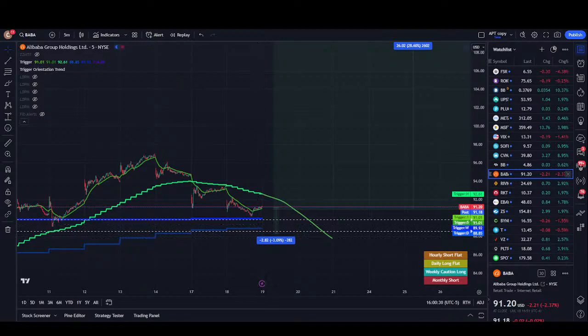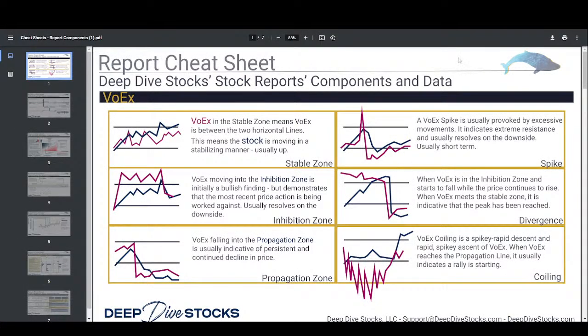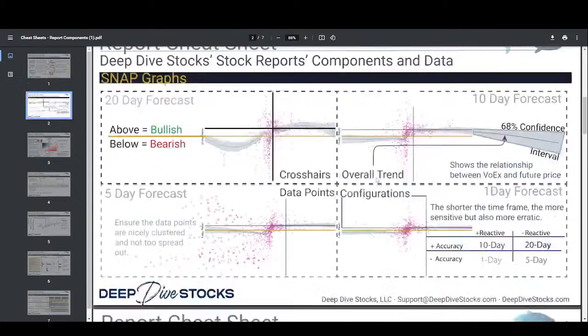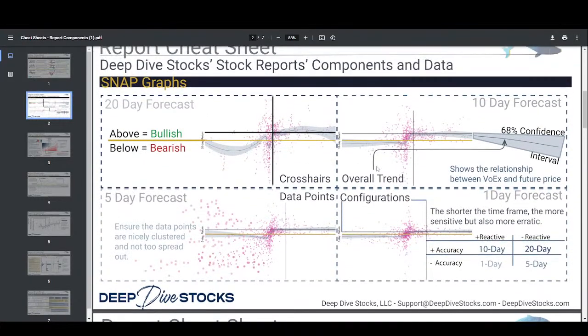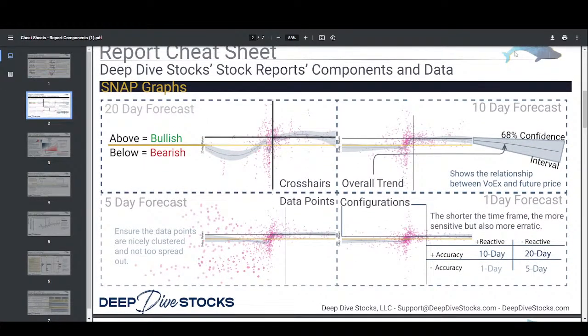aspect. Again, it would help to review the cheat sheet if you want to screenshot it here, or it's already in the daily videos section, so you don't really have to. And then you can screenshot this as well to read on your own if you want to understand snap graphs a little bit deeper. Now, we're going to talk about something called debit spreads and credit spreads for the next